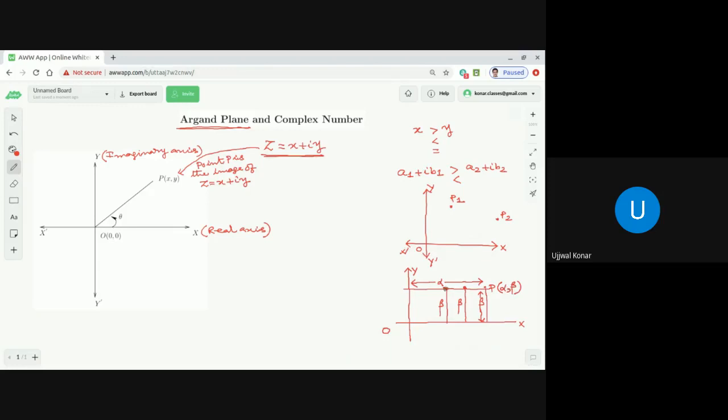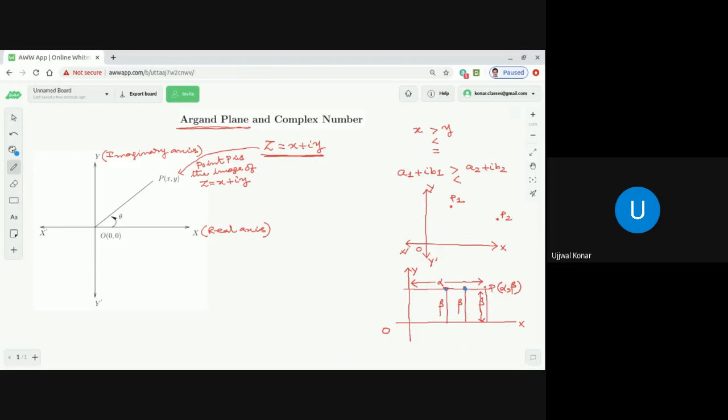Now this point, if I mark in a different color, they are at the same distance of beta units from the x-axis, but they are at different distances from the y-axis, right? It is not alpha. So to represent a point P, alpha comma beta, we need two reference frames. And that is what we have been aware of over the last couple of years of studying this. That is called the Cartesian coordinate system. Now, what is our purpose? Our purpose is to represent a point uniquely.